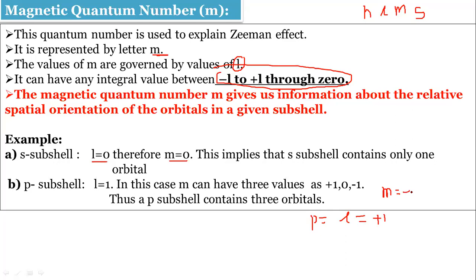Minus l to plus l through 0. So I am writing the values here. For the p orbital, the value of l is plus 1. So it will be plus 1, 0, and